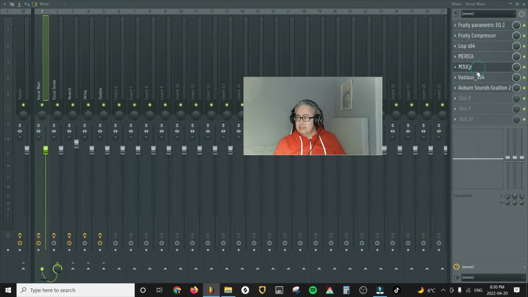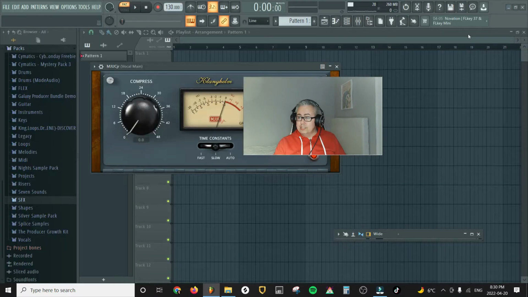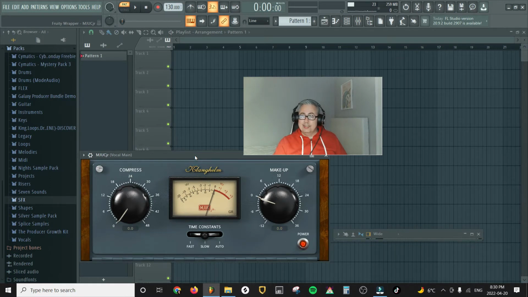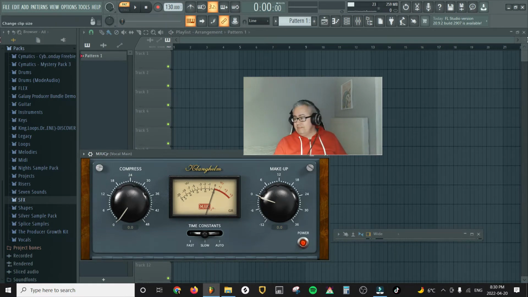MJUC Jr. This one is another layer of compression, and it's an analog emulator as well. With compression, it's always good to not go overboard on any one compressor and then use the next level of compression to really narrow it down to get it exactly where you want it. Some people like to use a multi-band compressor. There's a great stock version of that as well in FL Studio. It depends on what you're going for, but I tend to use this one because it gives it a nice analog sound, and it emulates an analog compressor. Next,